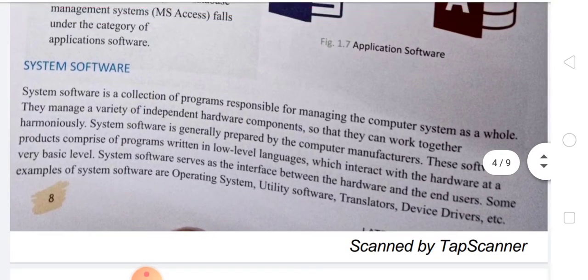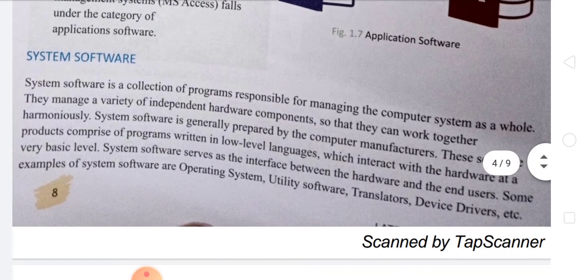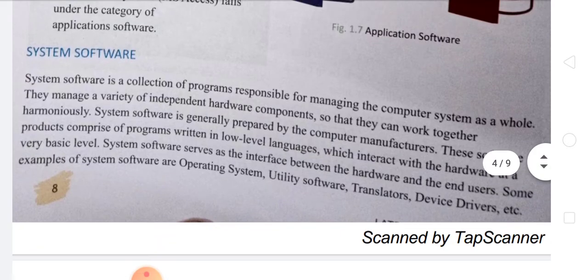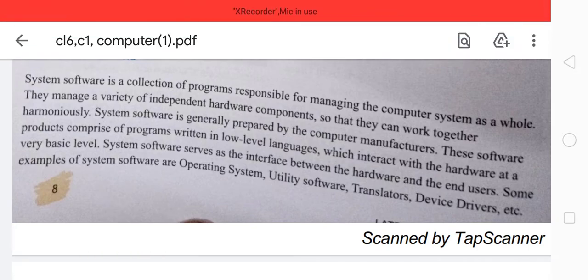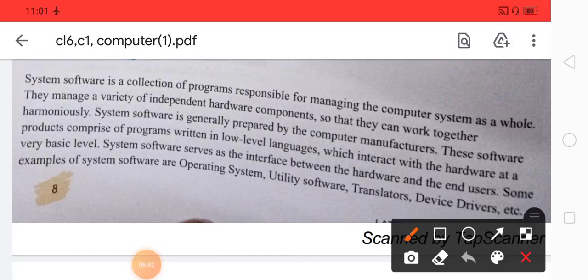Now let us know what system software is in detail. System software is a collection of programs responsible for managing the computer system as a whole. They manage a variety of independent hardware components to work together harmoniously. System software is prepared by computer manufacturers.